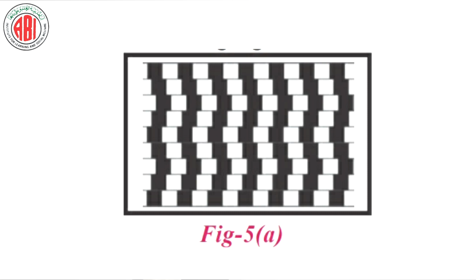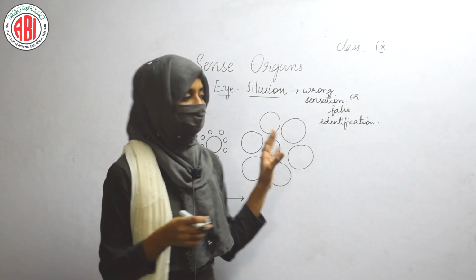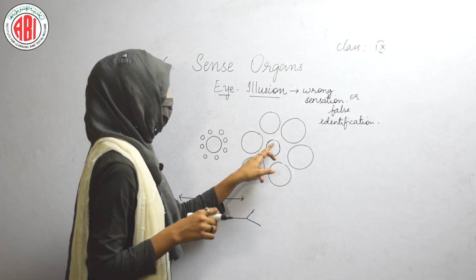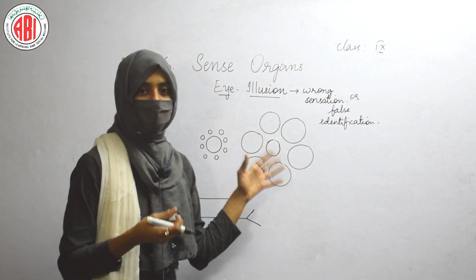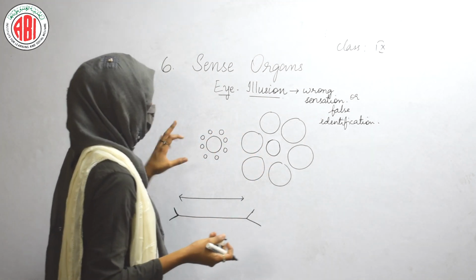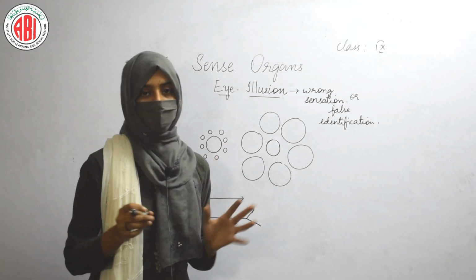This is because of the different cells that are present in the photosensitive area of our eye. The different cells are present, so they give different stimuli to the brain, and this leads to the confusion that results in the discrepancies or false identification of that particular image. So here also when we see this diagram, if you are asked to say which center circle is bigger between these two diagrams, you might say this one, but in fact both these circles are of the same size.